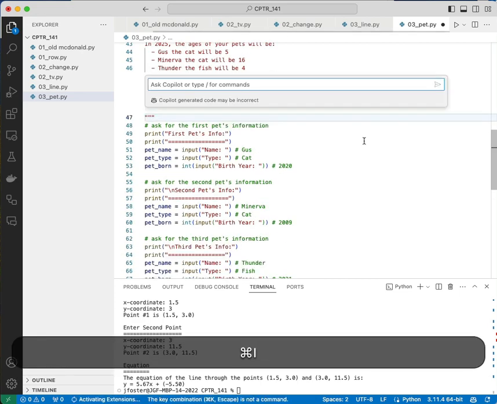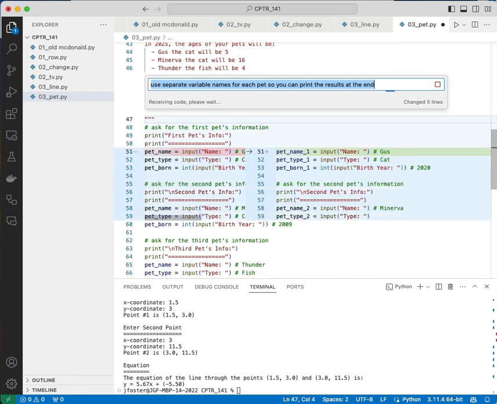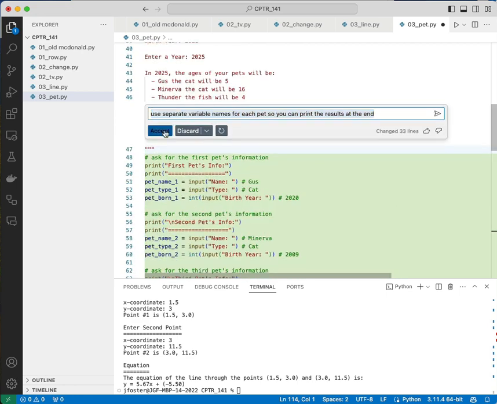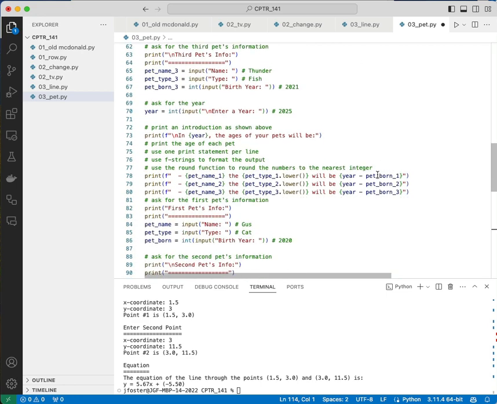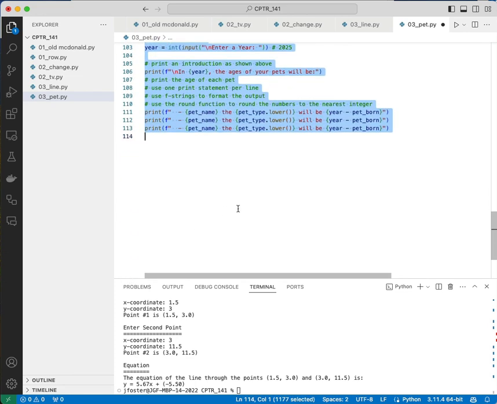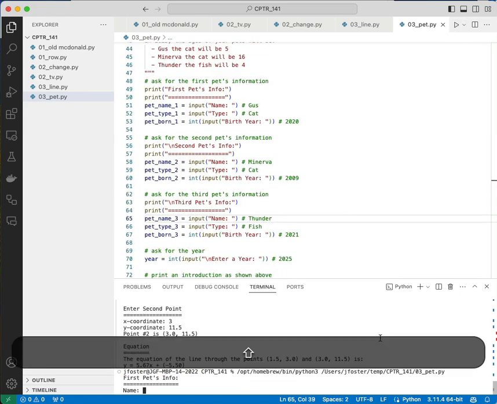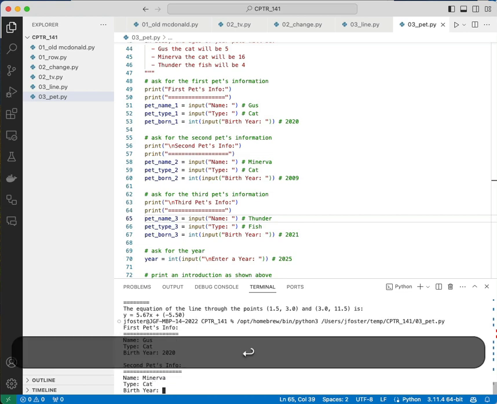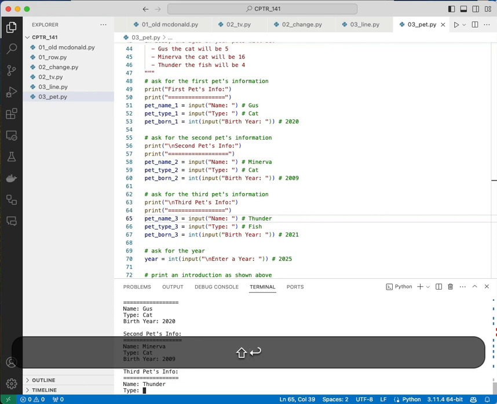So let's ask the chat to use separate variable names for each pet so you can print the results at the bottom. And so it says, I'd need to do these rewrites. And so, yes, that looks good. So we'll accept that, but it did leave in all the old code below. So we'll go ahead and remove all the old code below and then try running it, following the examples in the sample, and put in the pet's names, types, birth year,